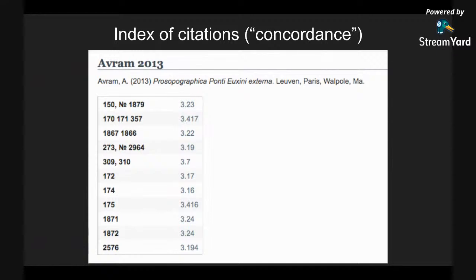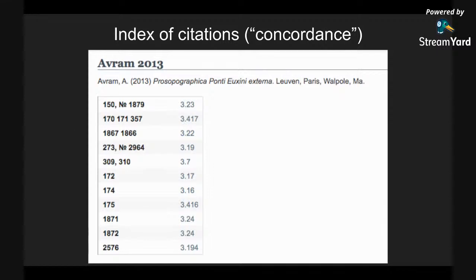And so a concordance might look something like this, maybe with slightly more regular handling of the numbers, because I noticed after I made the screenshot that a couple of those things seem to be broken. 170 and 171 and 357 should each be treated as separate inscriptions, not all grouped together. But leaving aside that error, you can generate a concordance. So going backwards from your inscription, rather than all of the previous editions of this inscription, let's look at one previous publication and look at all the inscriptions that they number in that, and what do we call them in our corpus. And this is generated in exactly the same way